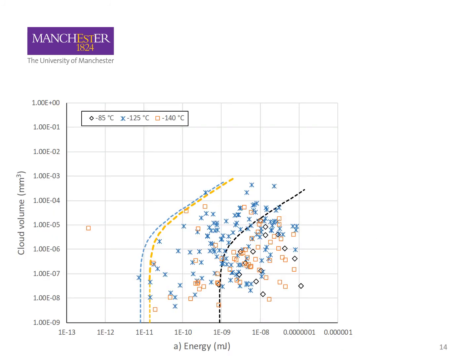Putting the data back on the same plot again, we can see that the -140 and -125 lines are very similar, pretty much the same when you consider the scatter within the data, and both clearly different to the -85 line, which is 2 orders of magnitude higher. Note that this outlying point wasn't included because it's about 1.5 to 2 orders of magnitude lower than the other data points at -140.